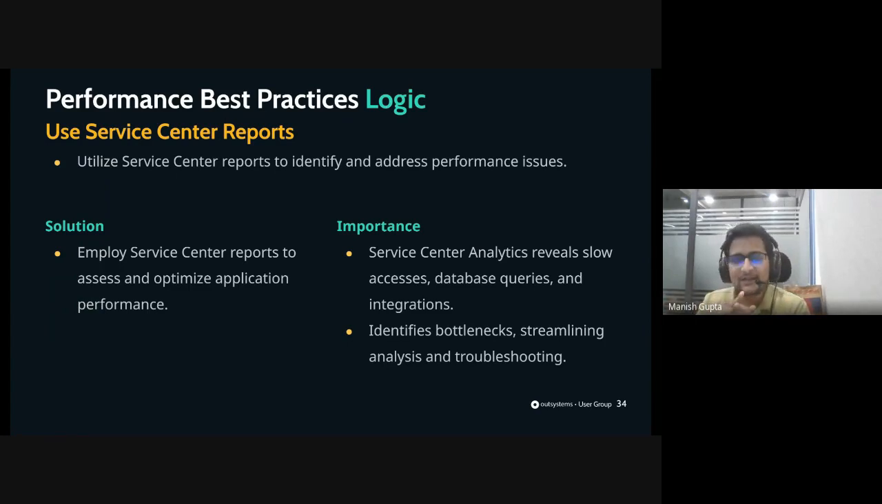We had this discussion with Leo as well, and this approach holds immense significance as it allows you to identify and address potential performance bottlenecks. And we had the previous slides over it. So whenever we leverage the service center reports, we basically get the ability to closely analyze and fine tune the